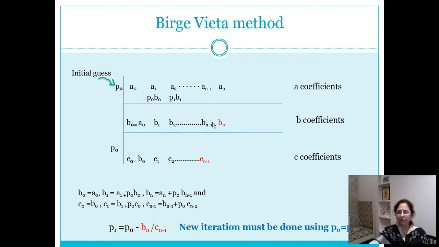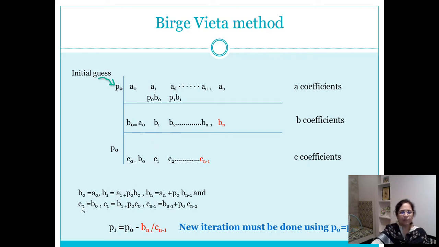So on, when we get the bn value, we can realize this is nothing but the polynomial expression evaluated by putting x equal to p0. So the bn coefficient is an indication of how close we are to the actual root value. If bn is large, we know that p0 is just an approximation and is nowhere very close to the root. Now we repeat this calculation for the c coefficients, taking c0 equal to b0. c1 will be calculated as p0 times c0 added with b1.